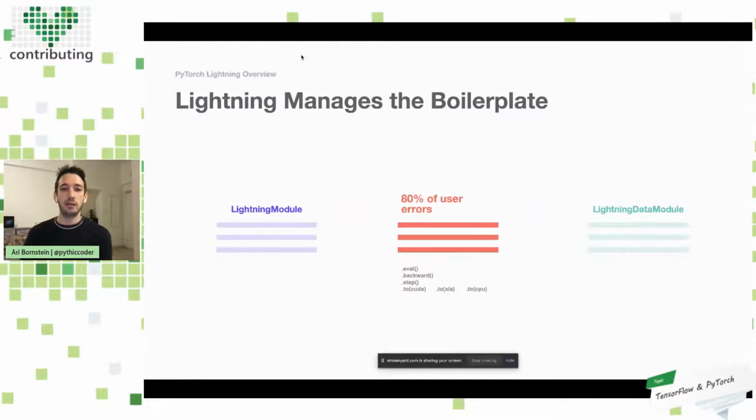And PyTorch Lightning manages the boilerplate for us. Honestly, when you're developing deep learning applications, or trying to take somebody's code that just runs on GitHub and figure out how to modify or change it, this is where things often go wrong. So PyTorch Lightning manages all of that and abstracts it into a concept called the Lightning Trainer.